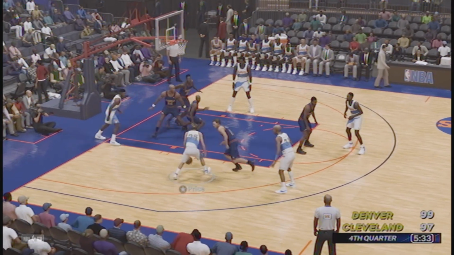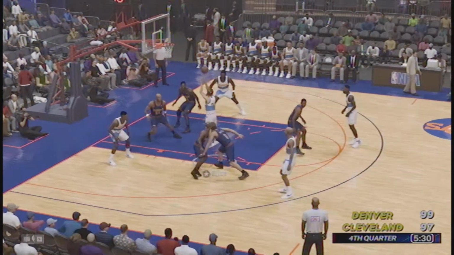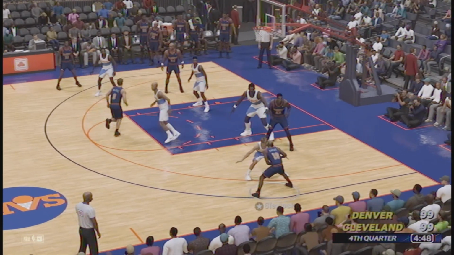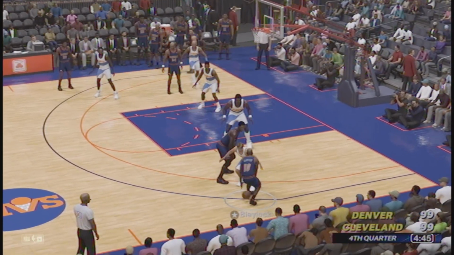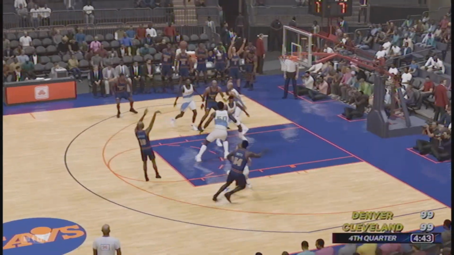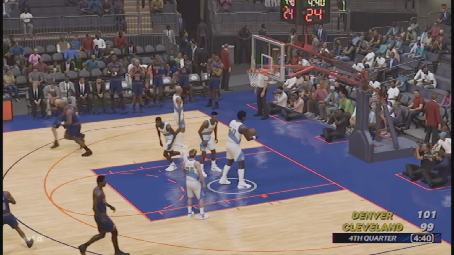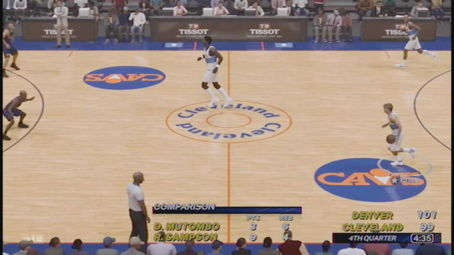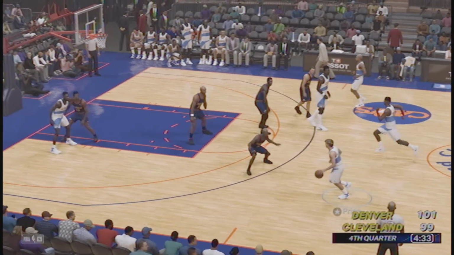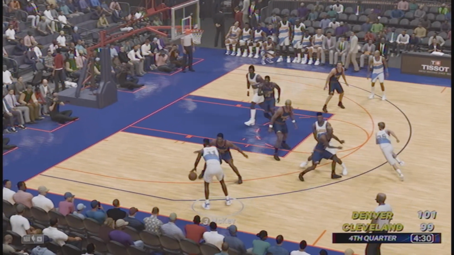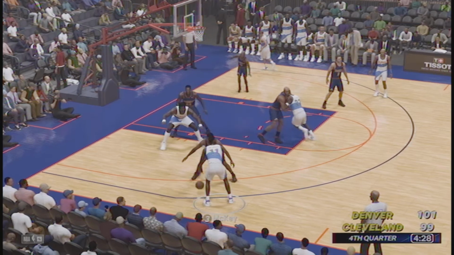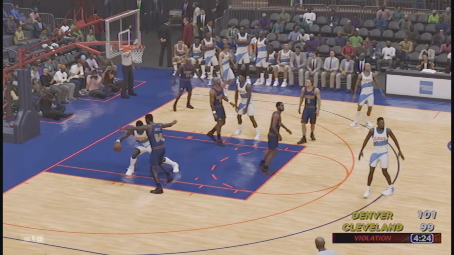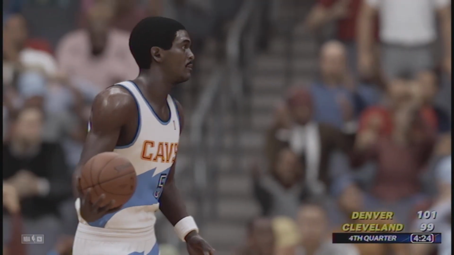And more Cavs. This time against the Nuggets. Another interconference game. And we got a made shot there by the Cavaliers. 99-99. Less than 5 minutes left to go in the game. Mookie Blaylock guarded by Mark Price. Blaylock pulls up for the 2. He sinks the jump shot. 101-99. Mark Price bringing the ball up court. Passing it to Derek McKee at the wing. Now we got Sampson receiving the pass in the post. He steps out of bounds.